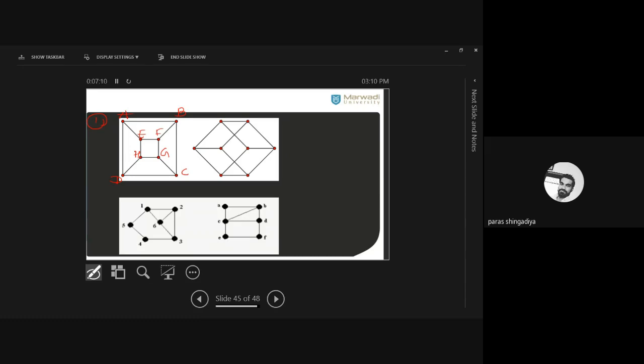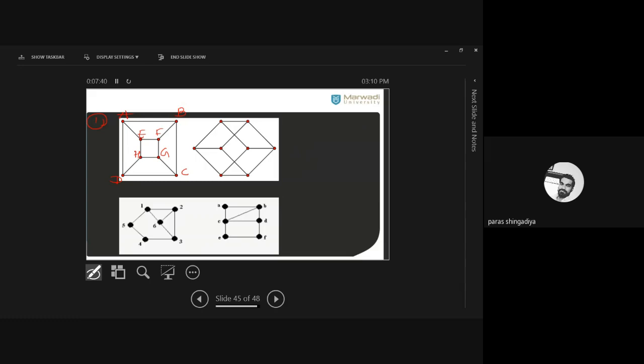So how can we consider the image of A in the second graph? Which vertex will be the image of A in the second graph? Yes, we first consider the degree of A. That is the first step to map the image of A to the second graph. There are 8 vertices in the second graph. So which vertex will be the image of A? So consider the degree first.